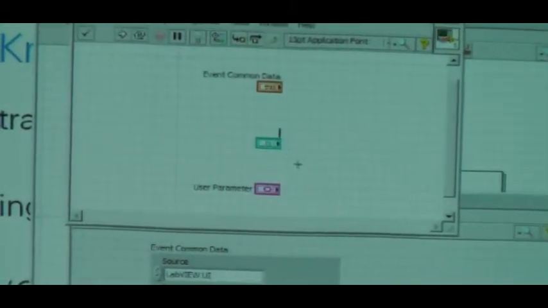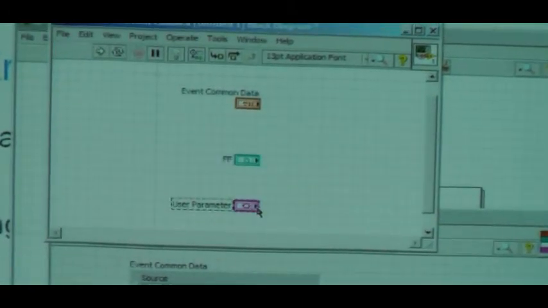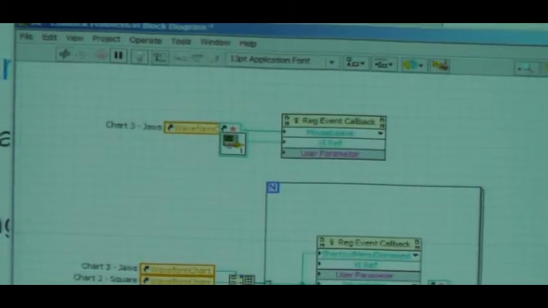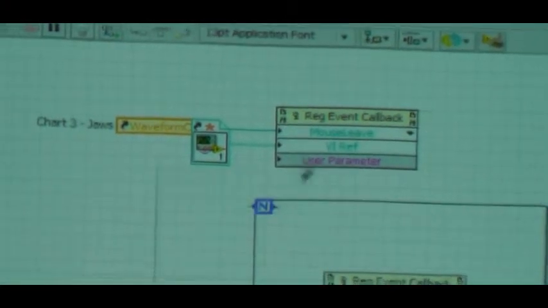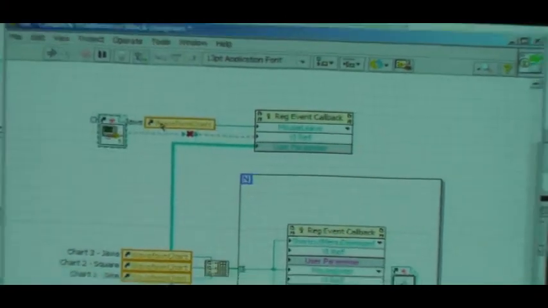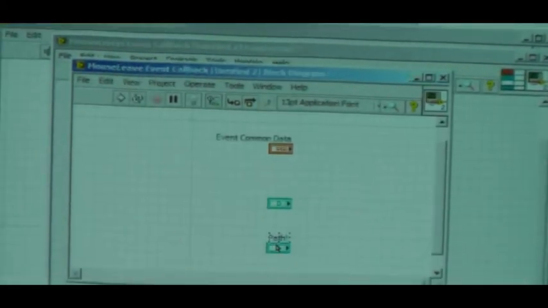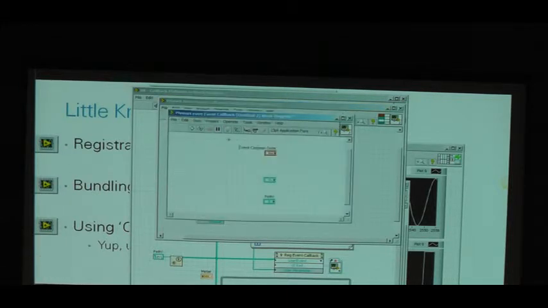Now, something that's very interesting and unique is that, see how this is a variant down there? Remember on the other VI it was a reference. Well, if I'm here and I say, you know what, whenever that happens, I want to fire this user event. You see that reference just broke, if I go ahead and right-click, create callback VI, let's change that from a variant to a user event. So it's potentially fragile because if you change something, then you've got to go either change or remake a VI potentially. But now whenever I fire that,